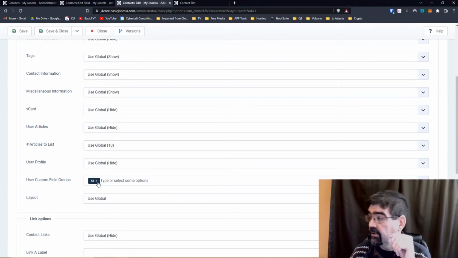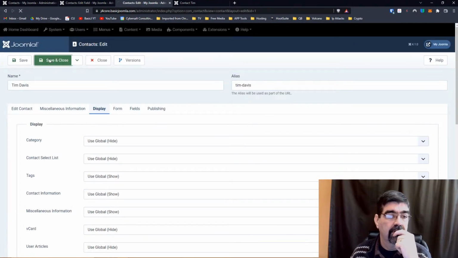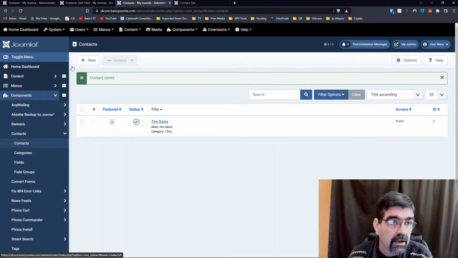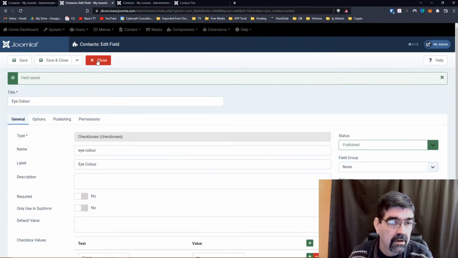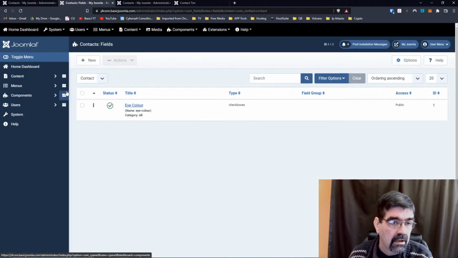User custom field groups. Yes, new territory for me too. I wonder if we should add this to a field group. I wonder if that is what the problem is here. I kind of went down in order here. So